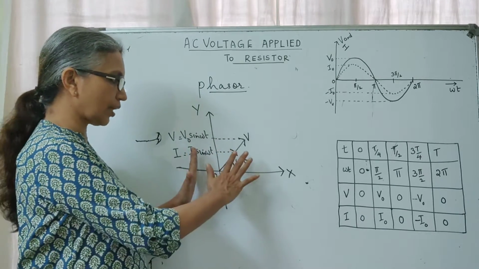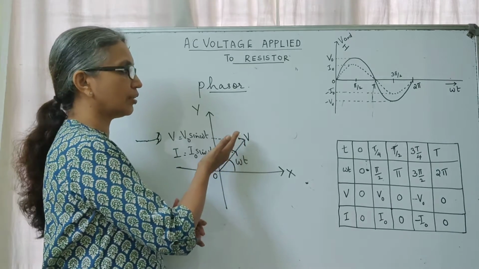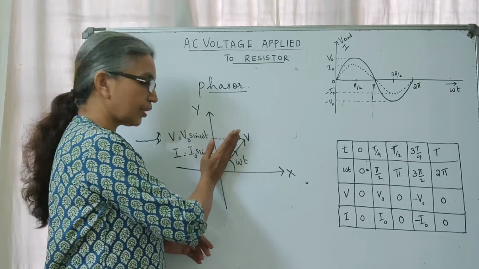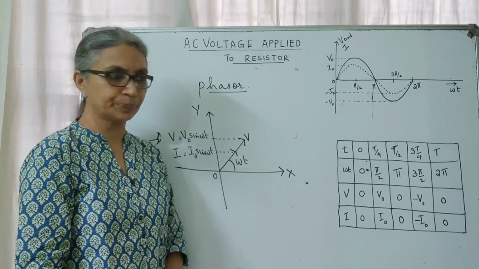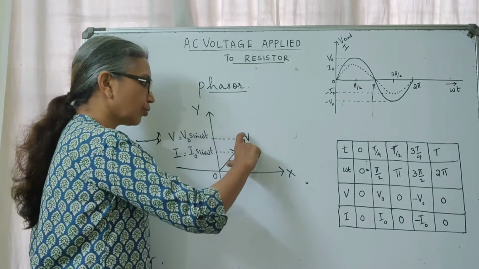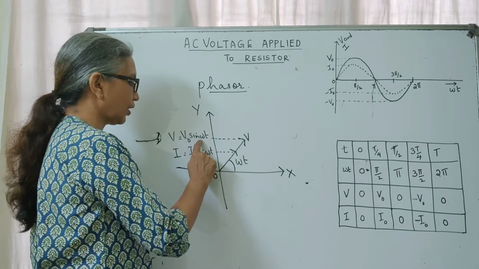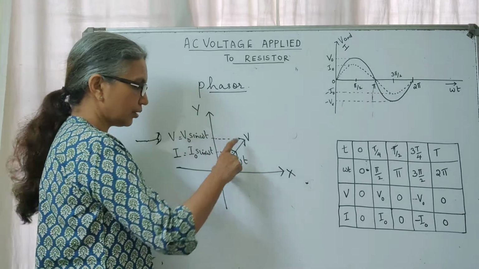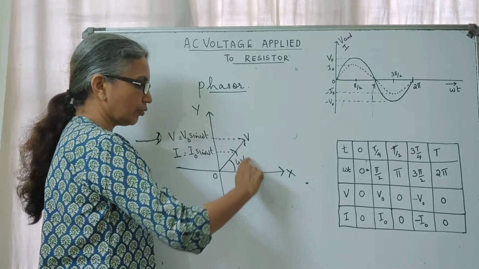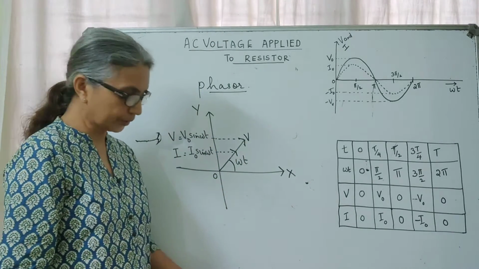And also one look at this phasor diagram tells you very clearly that the voltage and the current in this circuit are in phase. They both cover the same angle omega t in a time t, and the projection of those phasors onto this axis will give you the instantaneous values of V and I at that instant. This is the opposite side, so the sine function will give you the instantaneous value at that time.